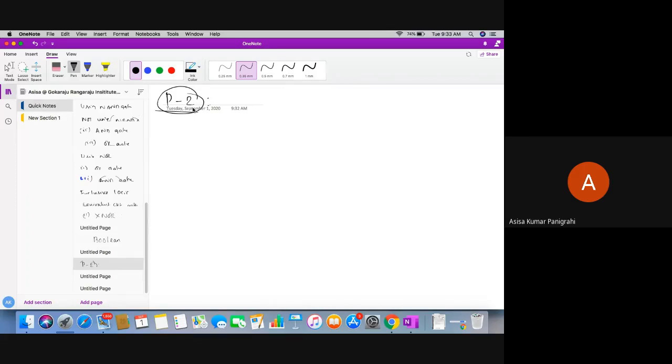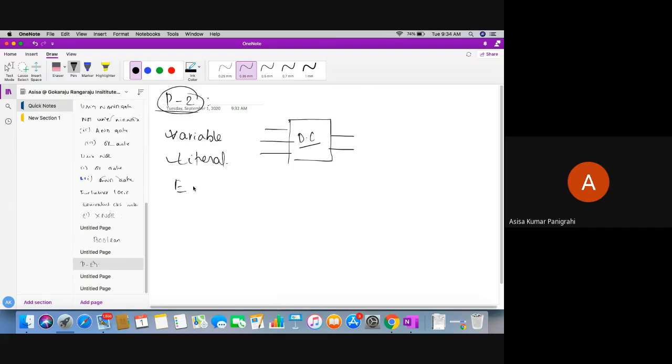So now the question is, what is a literal, what is a variable, and what is my logical equation? Before starting this postulate number 2, I want to describe a few things to you. Actually, let's say I'm going to design a particular circuit, any type of digital circuit. It has, let's say, 3 inputs and 2 outputs. Now I'm going to explain two things before starting the other postulates: variable and literals, and also the logic equation.